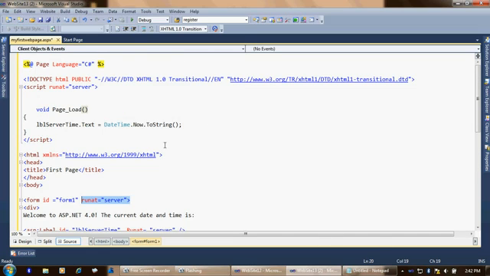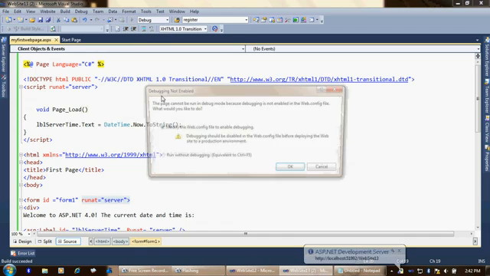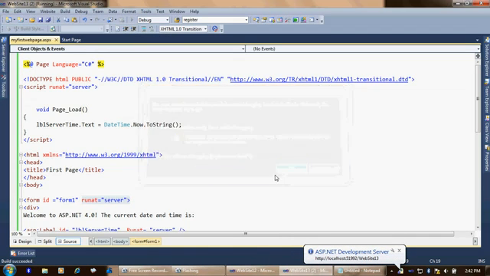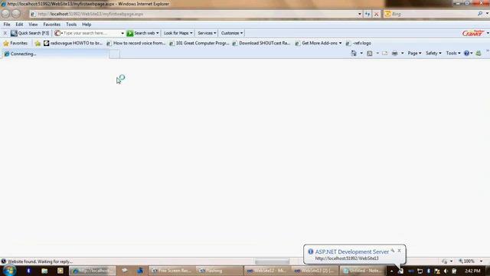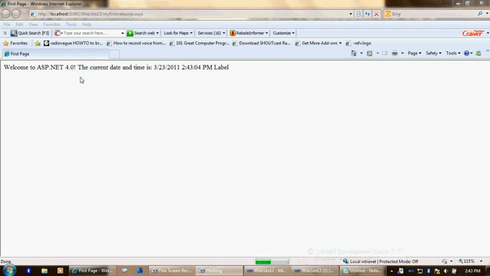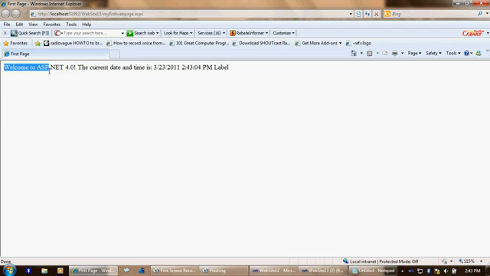This is the coding part. Now we have to run it in the browser, so we will start debugging it. Now we can see a page where a message is displayed, Welcome to ASP.NET 4.0, and the current date and time is displayed. Here is the date and here is the time. So this is a simple ASP.NET page, and in the next topics we will cover